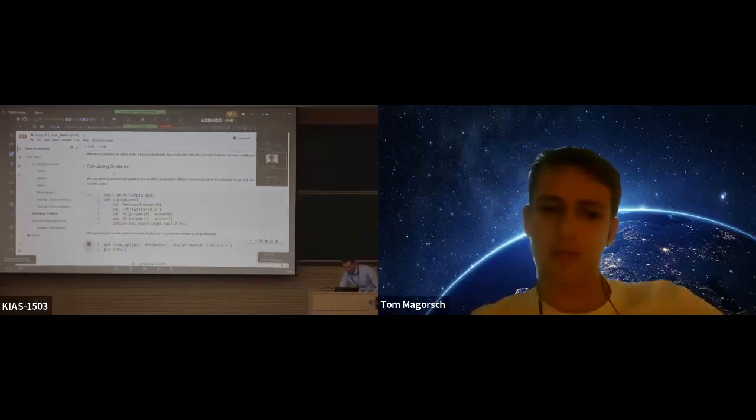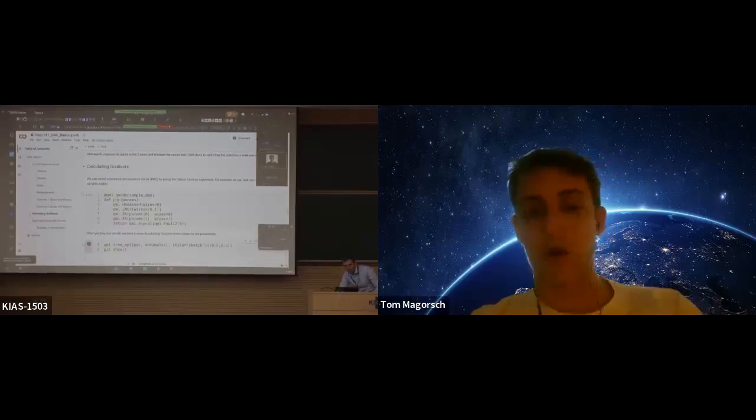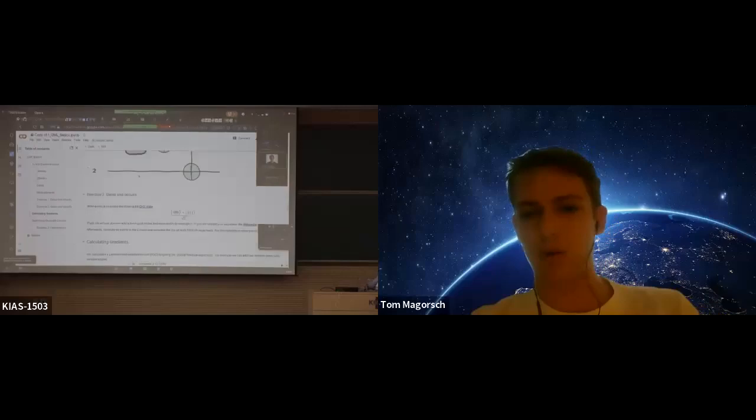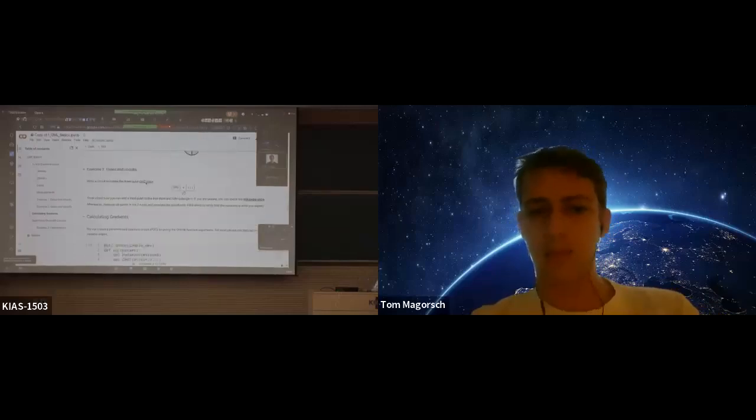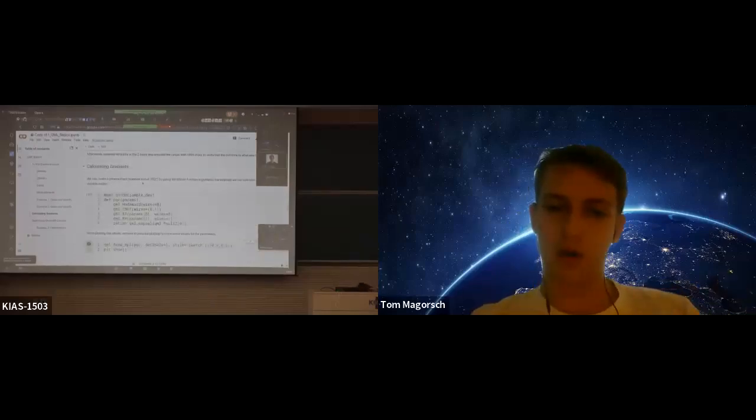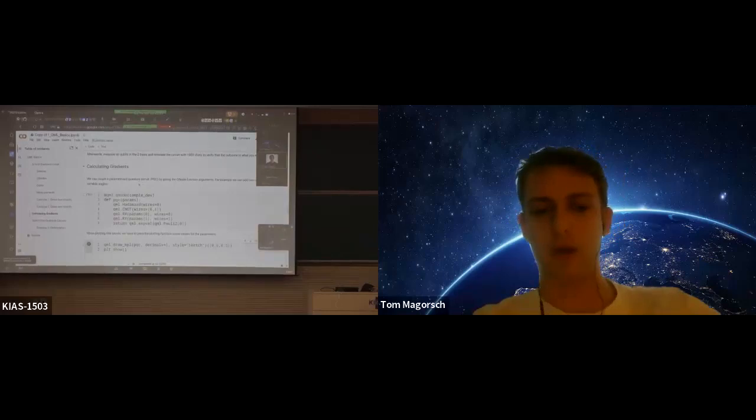I think some people yesterday already got to this gradient part. This is the core functionality of PennyLane that's so valuable, because everything we did before, you can also do with, for example, Qiskit. But the quantum machine learning part, the evaluation of gradients of quantum circuits, is the one that makes PennyLane so powerful. So we can define a QNode here, and this QNode can take parameters,